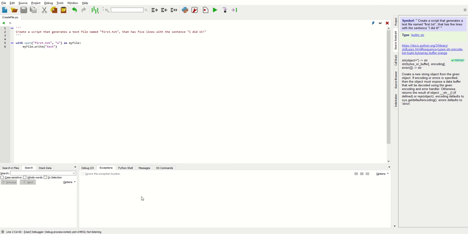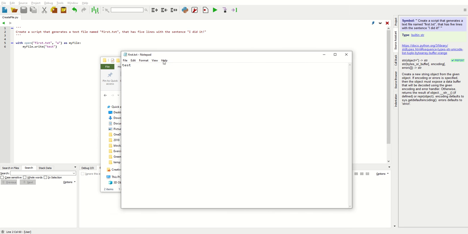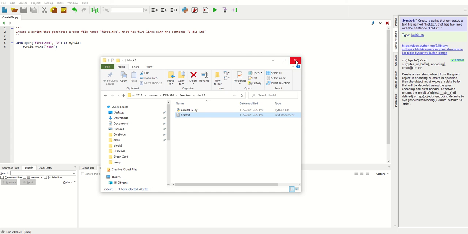There you go, it executed without any problem, and it generated a file called first.txt. I'm going to show you that here. This is the folder I'm working in, and so CreateFile is my script, and it just generated this first.txt, and the content is test, the one I wrote there. So the next